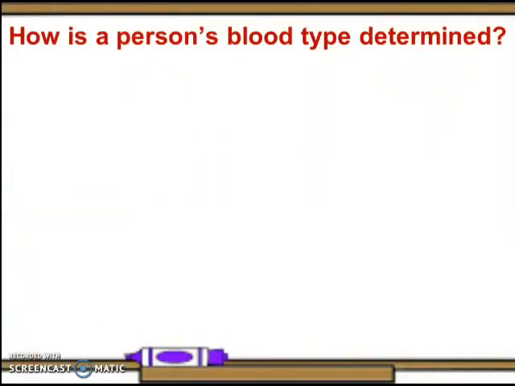Now, how is a person's blood type determined? Blood types are determined by the presence or absence of certain antigens or substances that can trigger an immune response if they are foreign to the body. Since some antigens can trigger a patient's immune system to attack the transfused blood, safe blood transfusions depend on careful